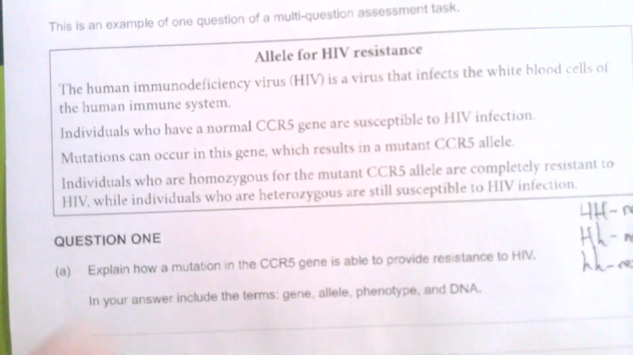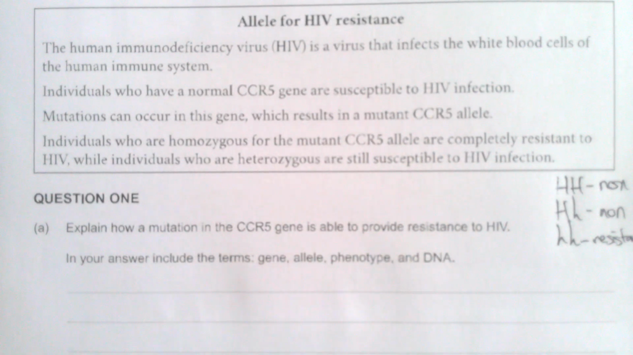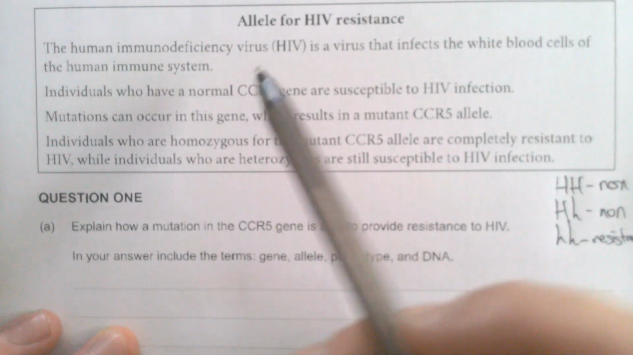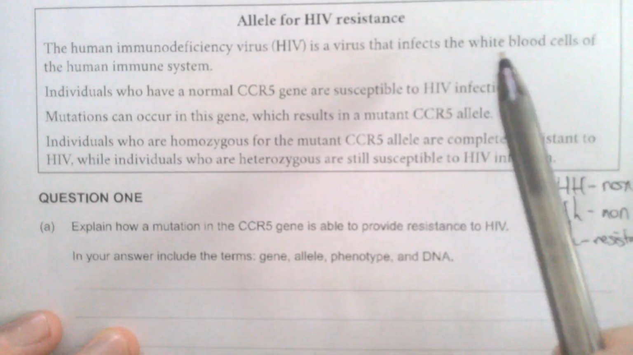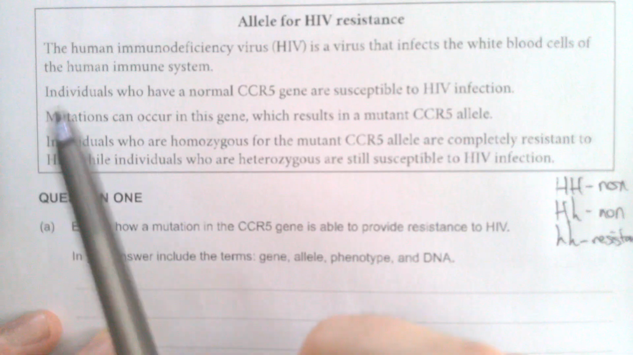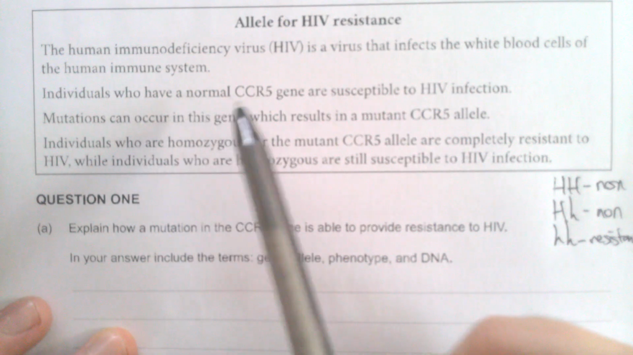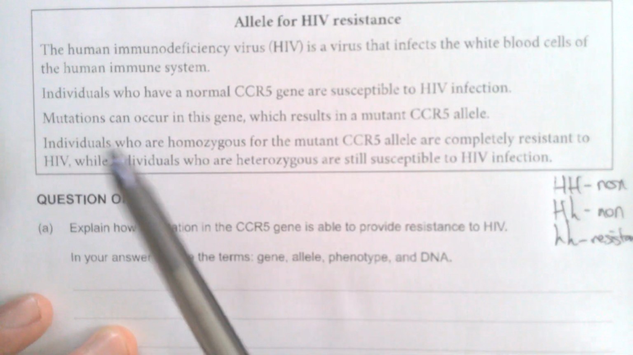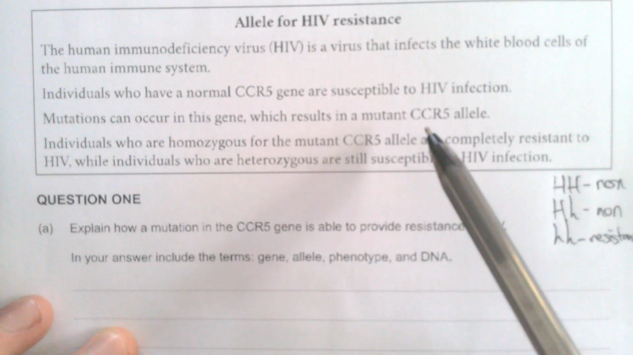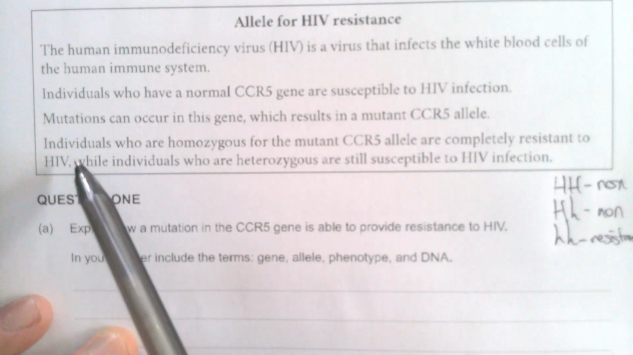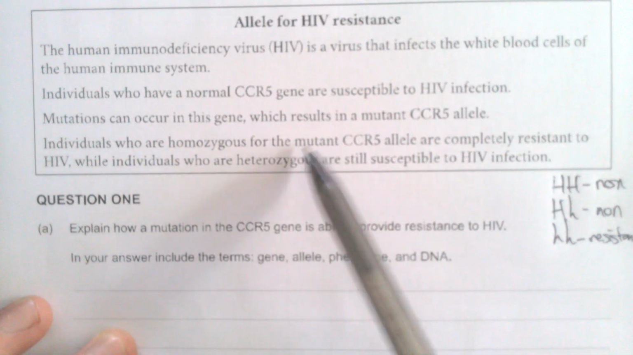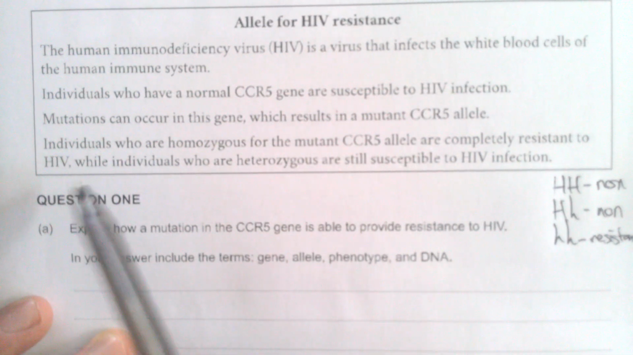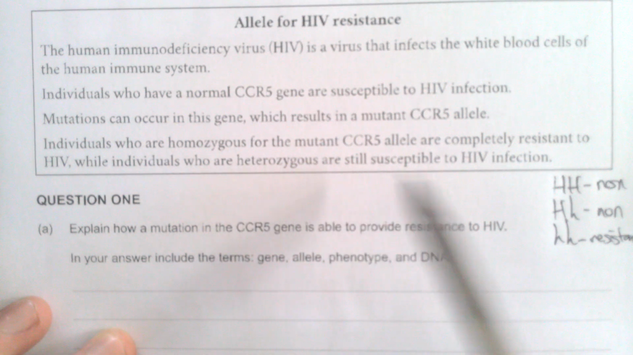So, we are told that we are going to be dealing with the allele for HIV resistance. The human immunodeficiency virus, HIV, is a virus that infects the white blood cells of the human immune system. Individuals who have the normal CCR5 gene are susceptible to HIV infection. Mutations can occur in this gene, which results in a mutant CCR5 allele. Individuals who are homozygous for the mutant allele are resistant to HIV, while individuals who are heterozygous are still susceptible